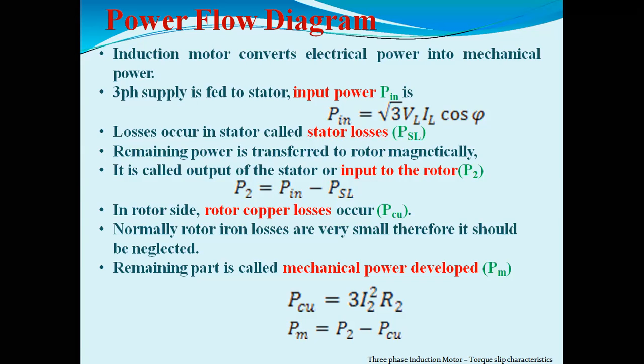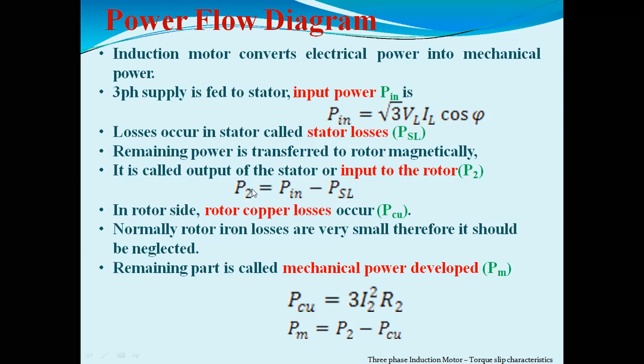So here what we are saying, when we study the three-phase induction motor, you will get input power, that will be square root of 3 VL IL cos phi. Phi is the phase angle between voltage and current. Losses will occur in the stator and losses will occur in the copper also. Copper is nothing but the rotor. When losses go to the stator, the remaining power gets transferred to the rotor. Rotor power we denote by P2. So some power will go to the stator. We can take input power equal to rotor power plus the stator loss.